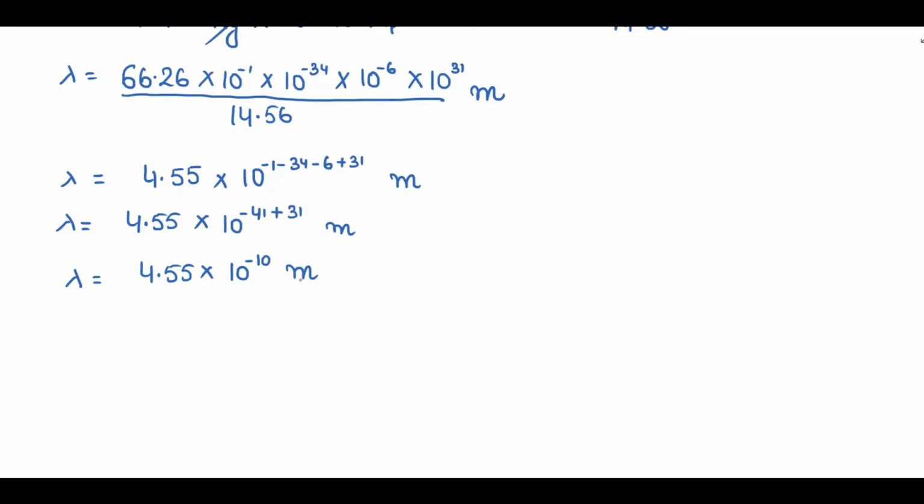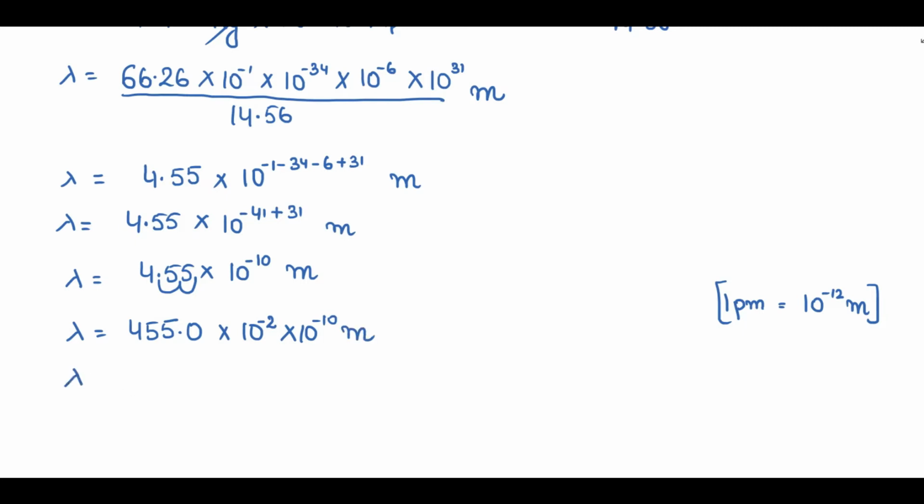I just want to convert this meter into picometer. I know that 1 picometer equals 10 raised to power minus 12 meter, right? So what I'll do, I'll simply displace this decimal by 2 digits, right? So if I'm displacing decimal from left to right, power will be negative. So 455, I can assume 0 over here, into, now displacement is from left to right, so power will be negative, and displacement is 2 digits, so power will be 10 raised to power minus 2 into 10 raised to power minus 10 over here. These two powers are in multiplication, so you can add them. You can simply ignore this 0.